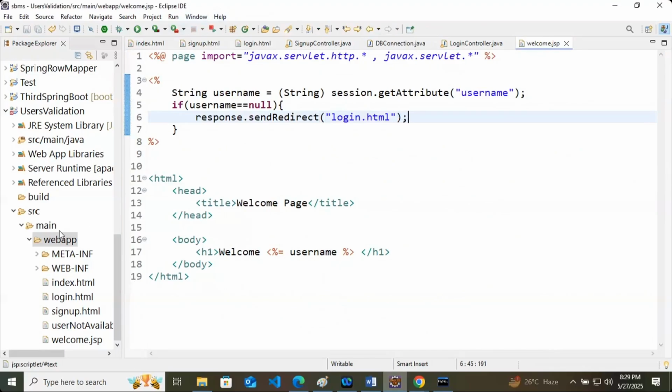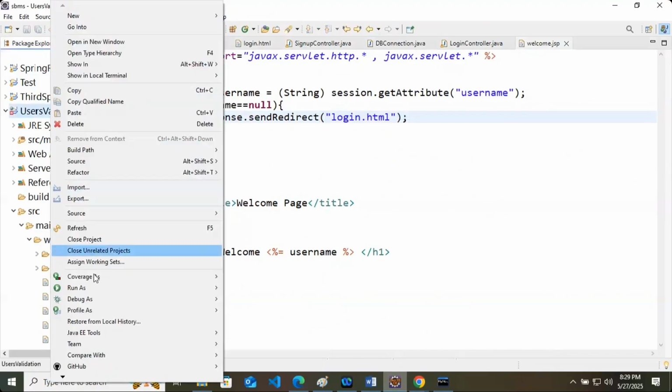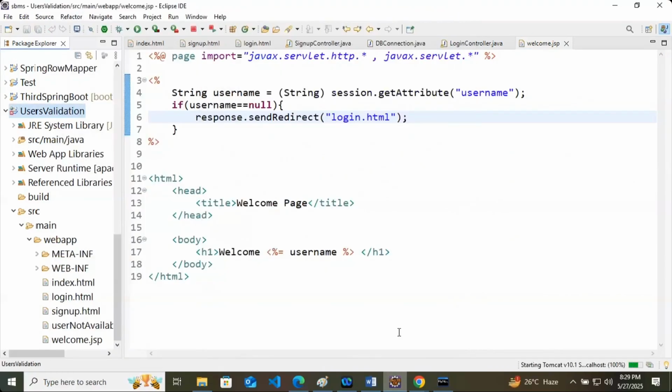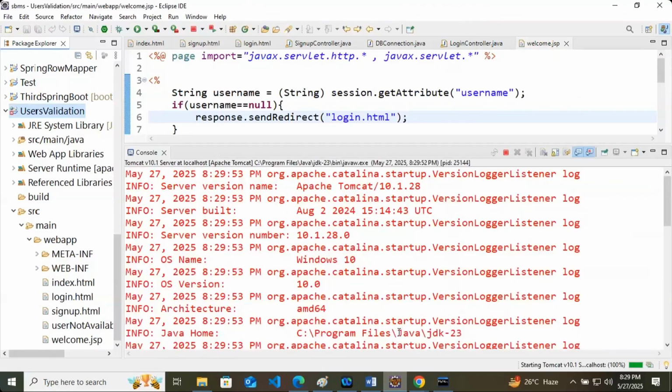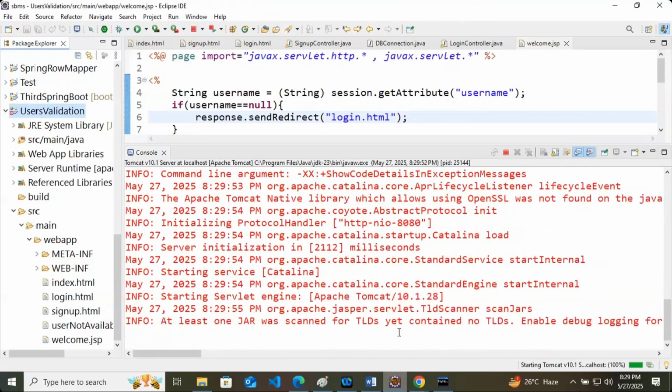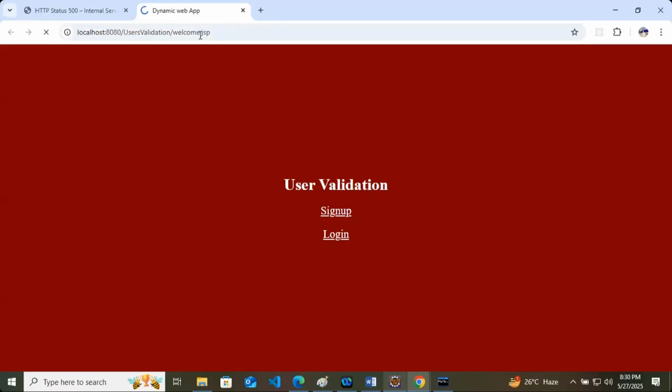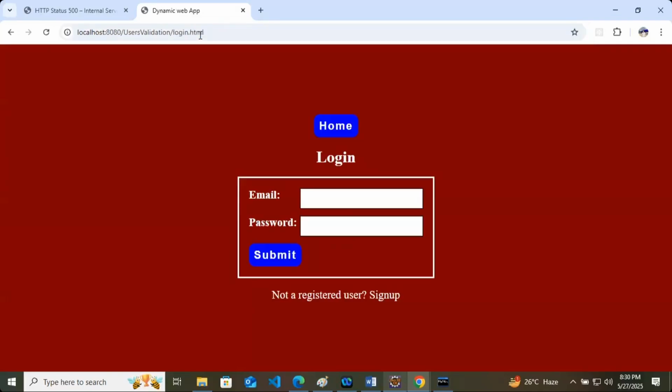We'll restart the application and fetch welcome.jsp. And welcome.jsp now took us to the login page.